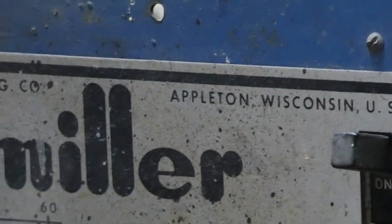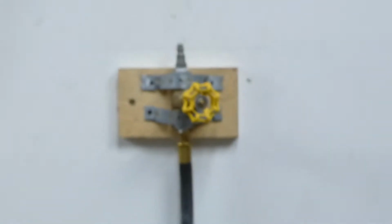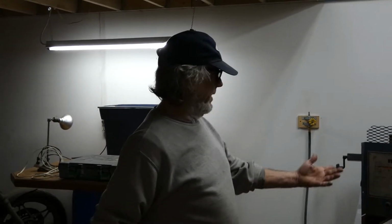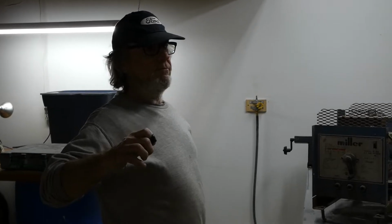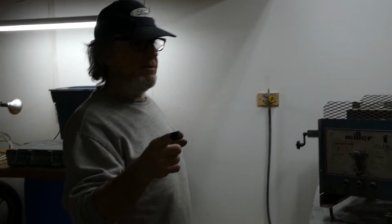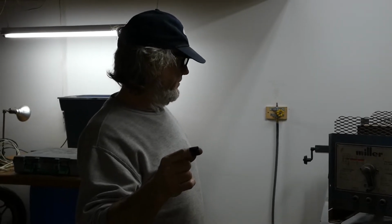So I'm sure it can handle whatever the solar panels can throw at it. I want to get them hooked up to it. And I think I'm going to do parallel all the way. I'm going to have to. Which brings me to the next thing, which is, well, that's fine. I'll have to